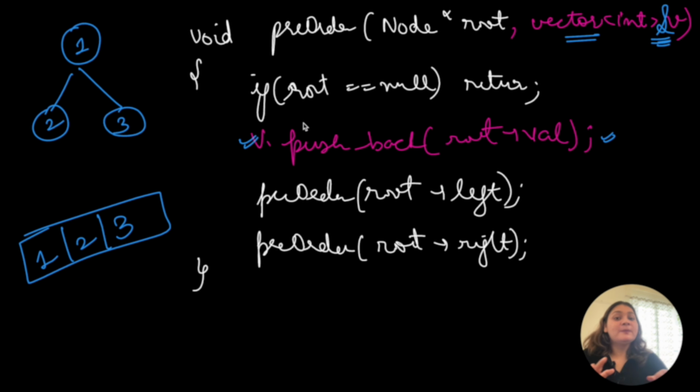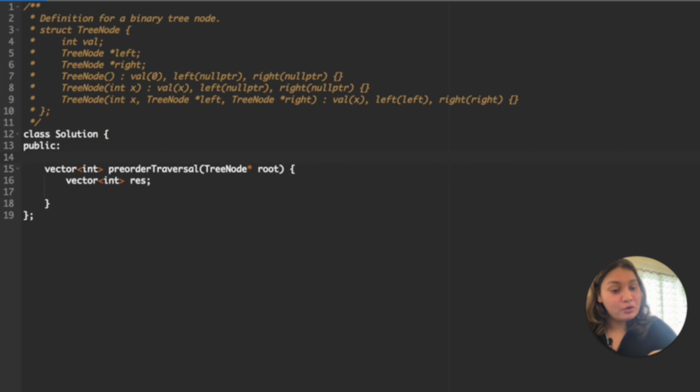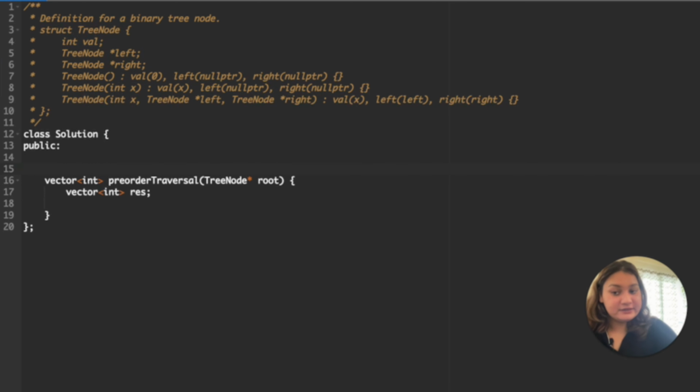Now this is the LeetCode problem. We will try to solve this. In pre-order traversal we want to return a vector where every traversal is stored. So we will create one vector of int, let's say result. Once we have created the vector, we will write another method for the recursive calls which will not return anything.